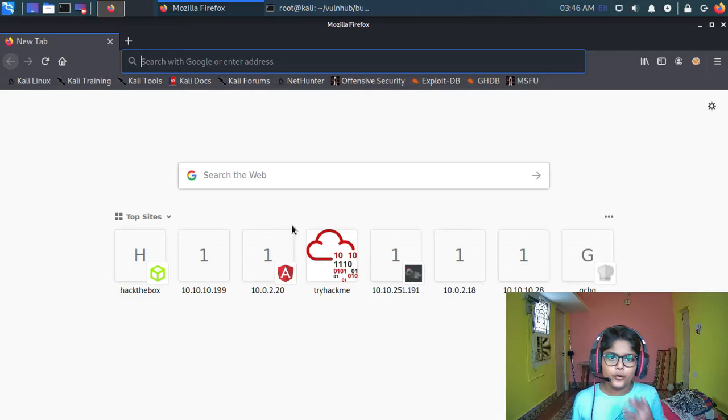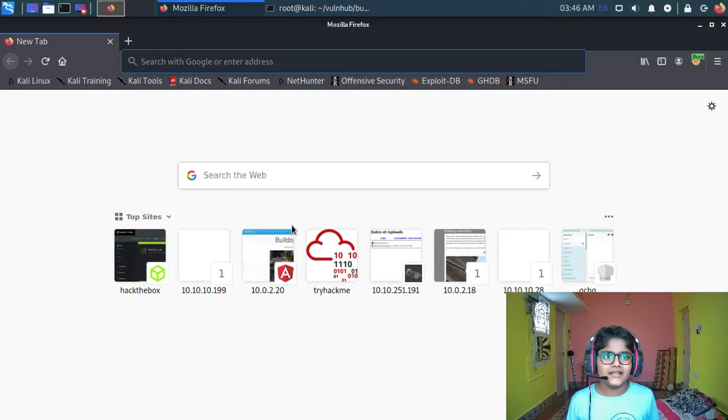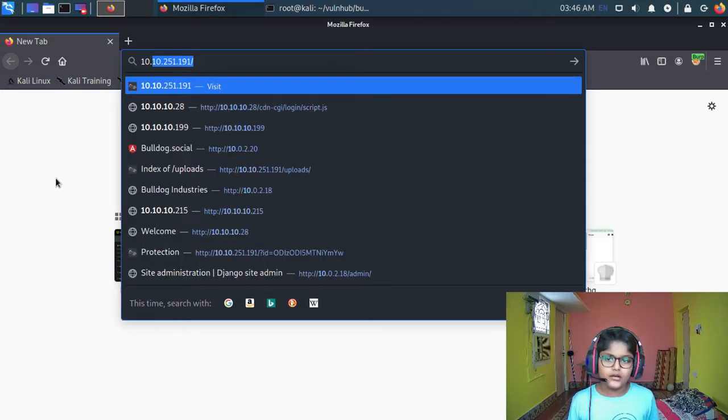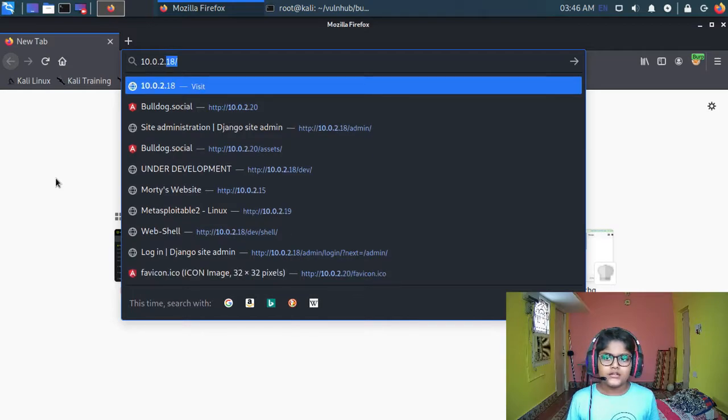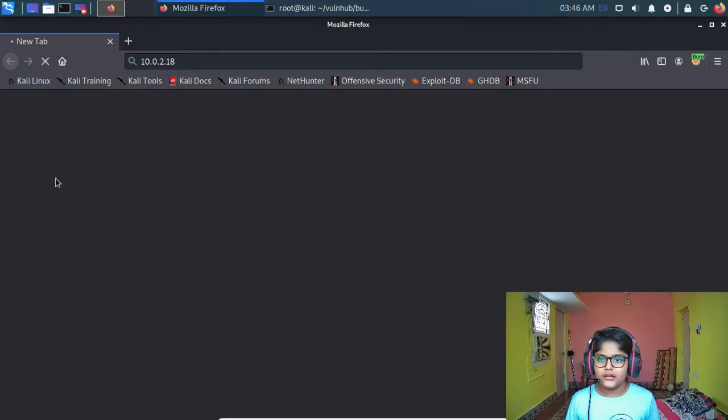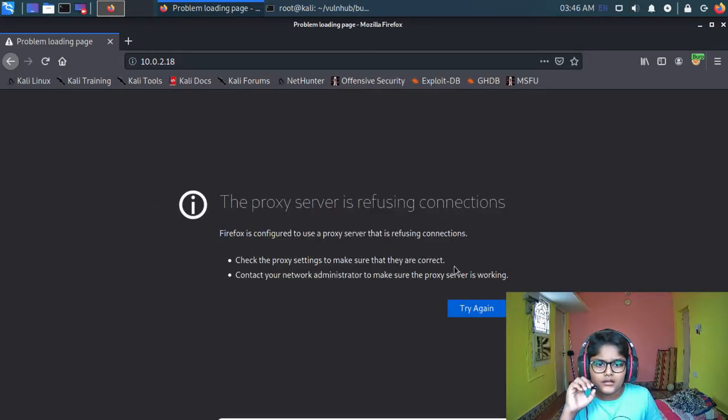Open ports are basically services running on that machine, like an FTP server or Samba server, or even a website. So let me first look up whether any websites are running on the vulnerable machine or not. For that, I just need to type the IP of that and press enter. Refusing connections, I don't know why.